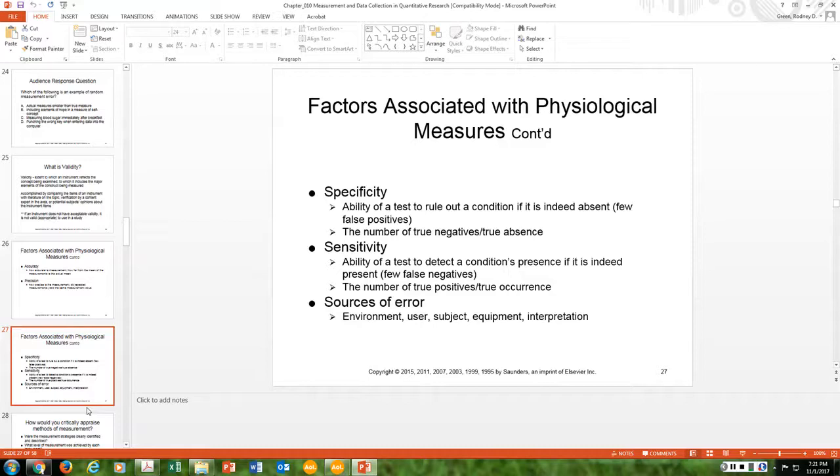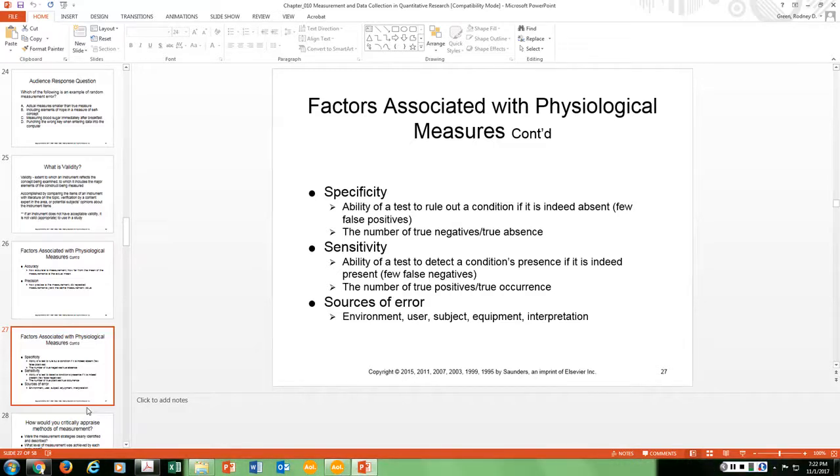Sensitivity refers to the ability of a test to detect a condition's presence if it is indeed present. That is, there are few false negatives with this test. It's the number of true positives divided by the true occurrence. So we're talking about physiologic measures. Now, sources of error that come up in measurement with physiologic measures